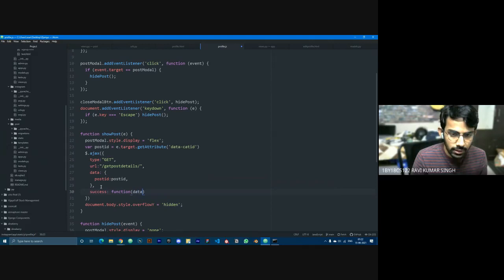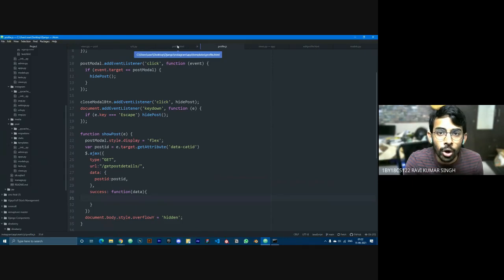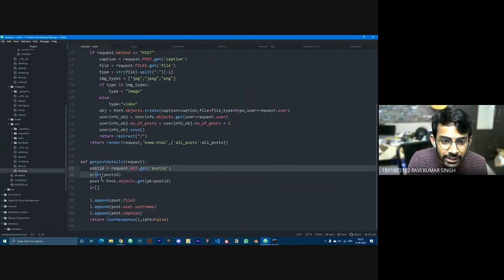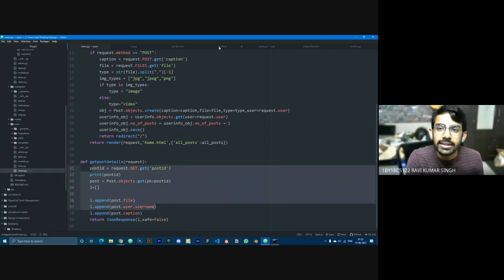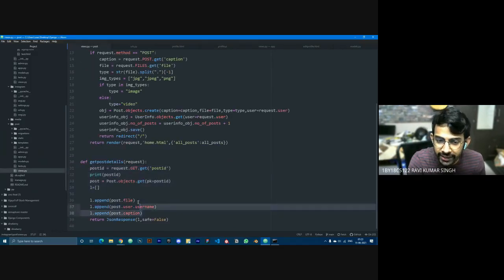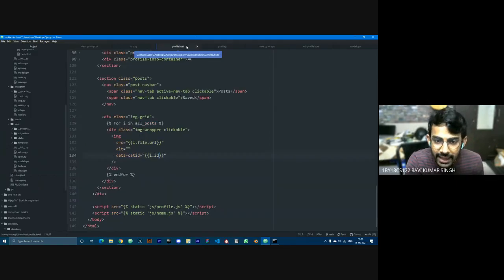function data. Good. So now if I got all of these things properly, and the execution is proper, then it will come to this success function. This function will get executed only if all of these have executed properly. There is no error here. Then